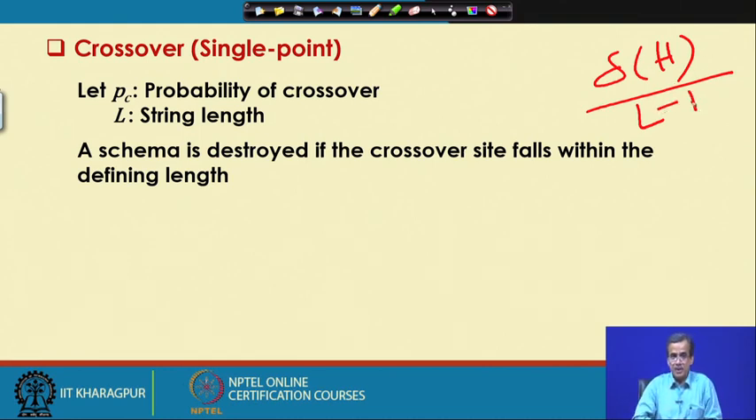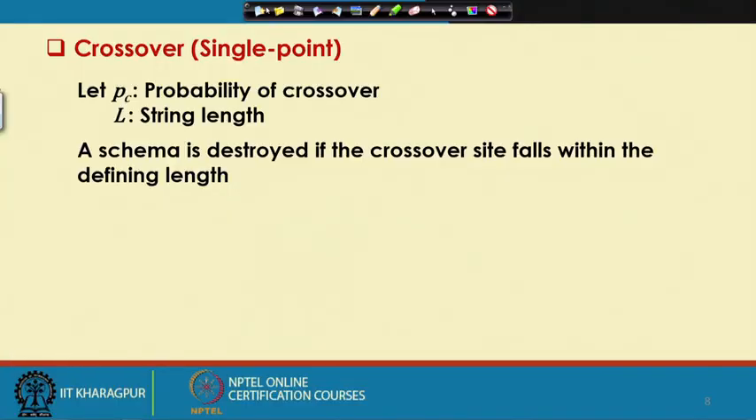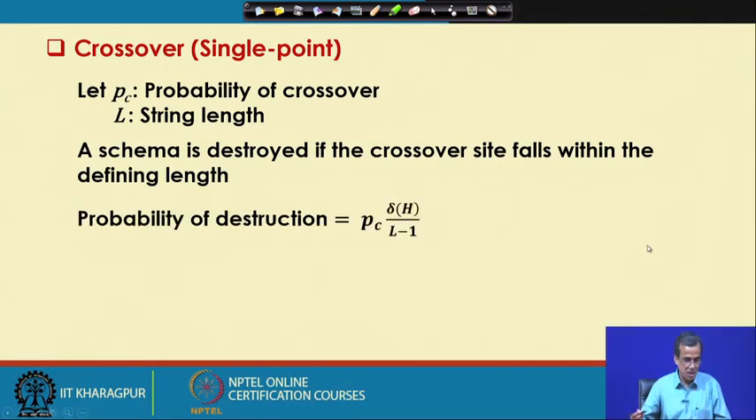Why is it so? Delta H is the defining length, and if the string length is L, I have got L minus 1 places for the selection of the crossover site. So, the probability that the crossover site will fall within the defining length is delta H divided by L minus 1. That expression I am going to write here. So, the probability of destruction is delta H divided by L minus 1